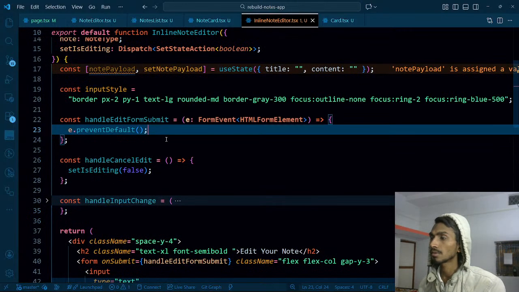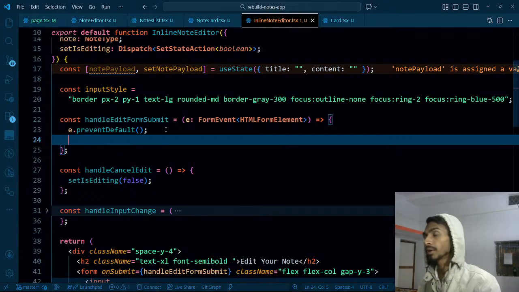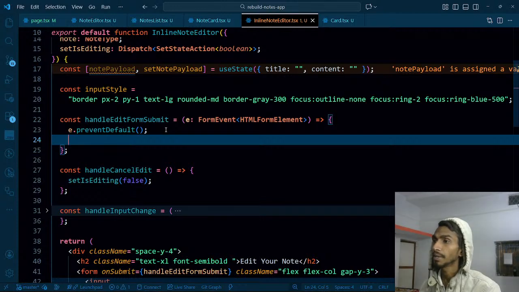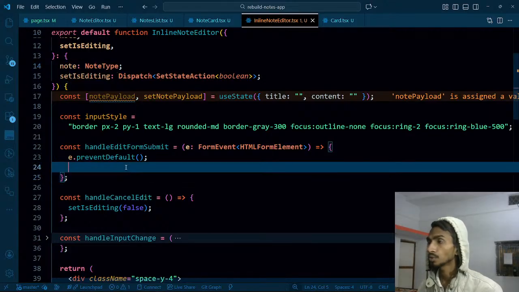Okay, I'm actually preventing it over here. Once I am preventing it, then I have to handle the edit form. So I have to send a request for editing that. And not only this, I need to have the ID, and I hope I have the ID. I'm getting the nodes. Yeah, I'm getting the node over here that will definitely contain the ID. So what can I do right now? The next thing,